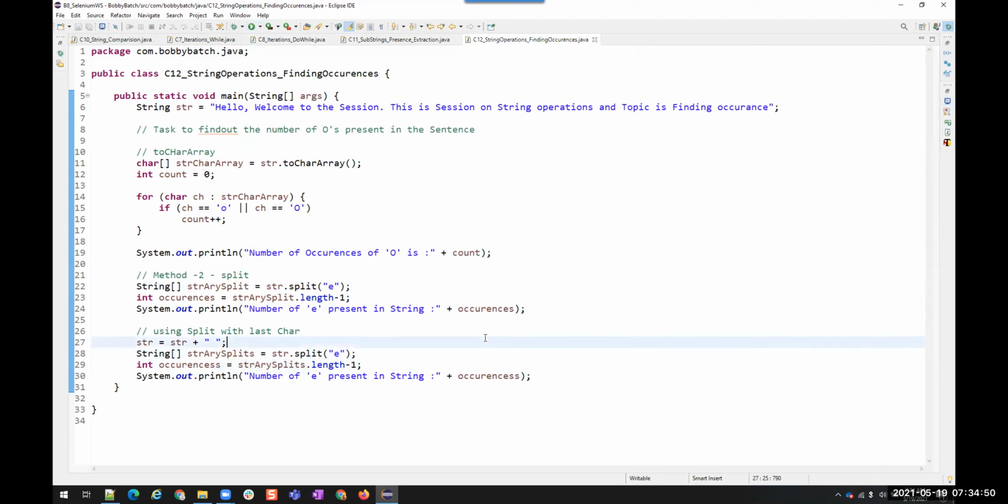So number of e's is 8: 1, 2, 3, 4, 5, 6, 7, and 8. Okay, so this is how we are going to get the number of e's or repetitions in a particular string using toCharArray or using split. We can also do this using indexOf.